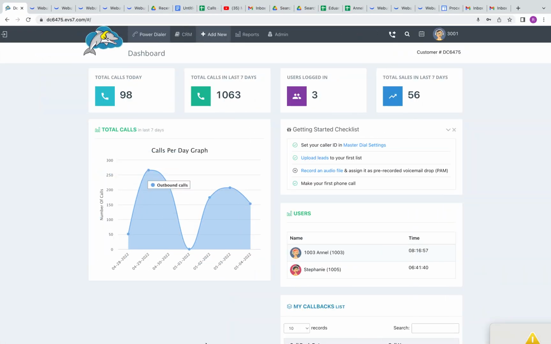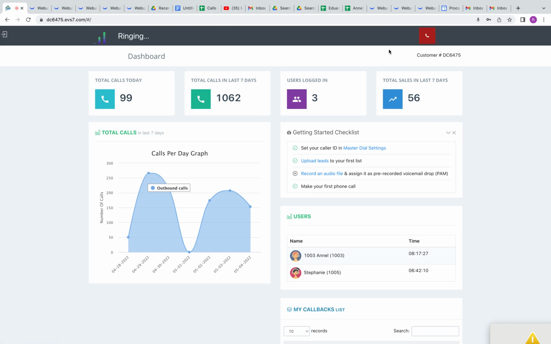Let's review the dispositions. It's very important after you complete a call to choose the right disposition. I'm pretty sure we're accustomed to just choosing anything, but I want to show you the different dispositions, and share why it's so important to actually have the correct disposition. So let's just make a call.